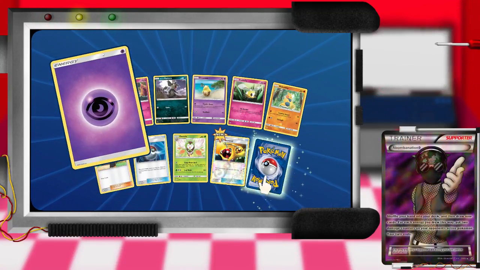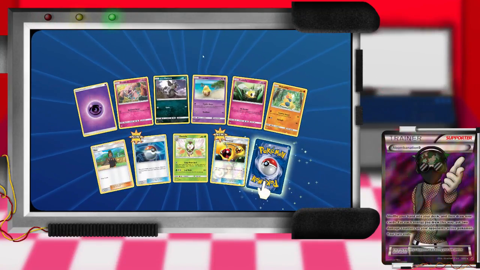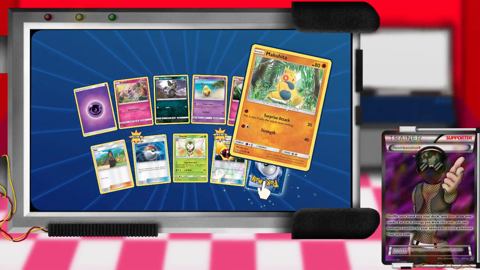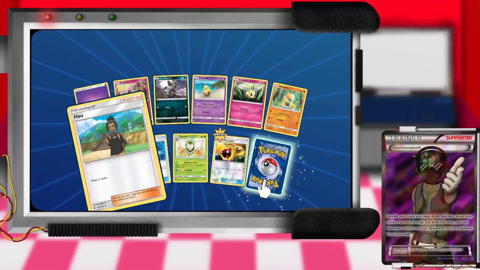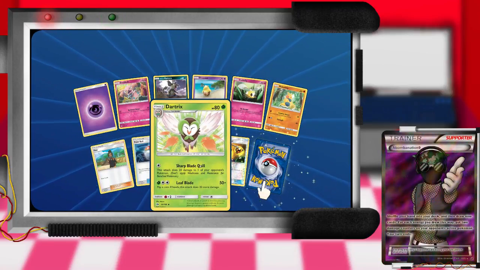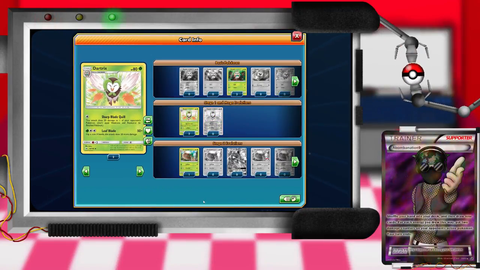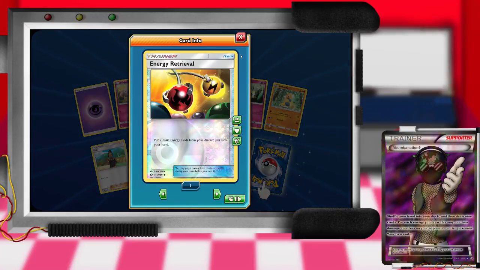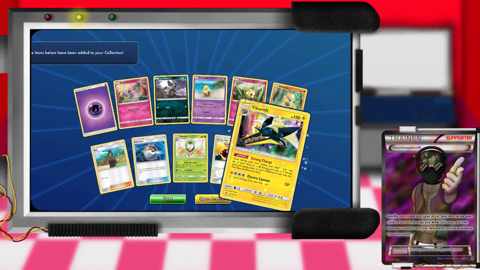So we got a Psychic Energy, a Snubbull, an Alolan Rattata, Drowzee, Cutiefly. Give me some Ribombees, please. Makuhita, Hoothoot, Pokeball, Dartrix, which is a pretty good hit. Do we have any? We do have 1 Decidueye. A Reverse Holo Energy Retrieval, and a...